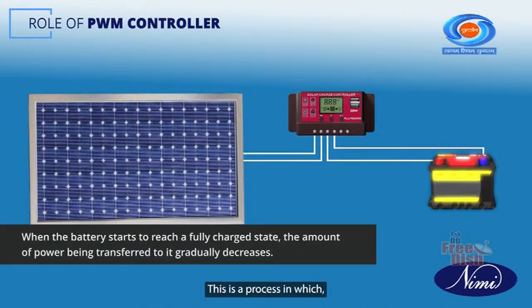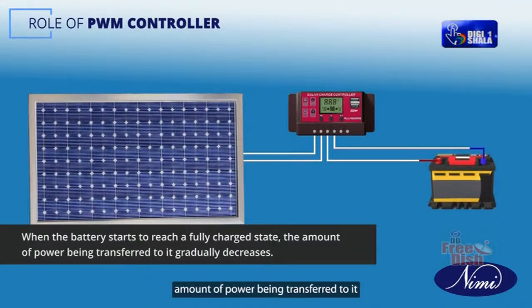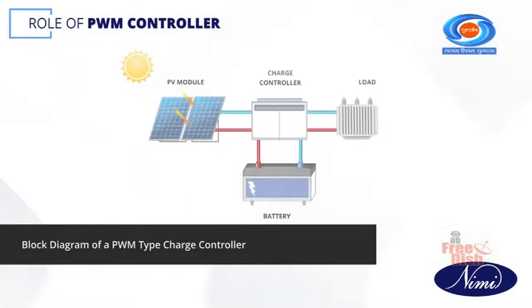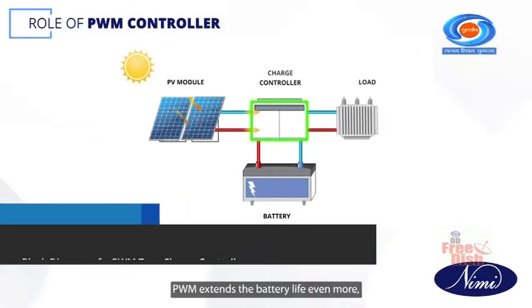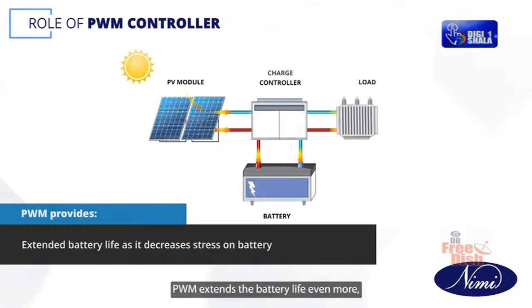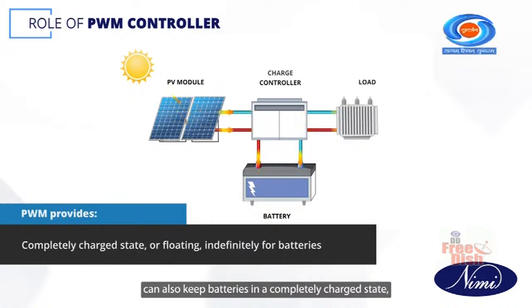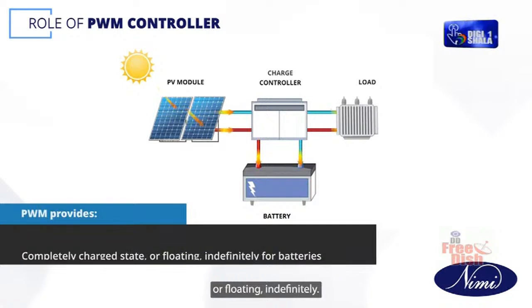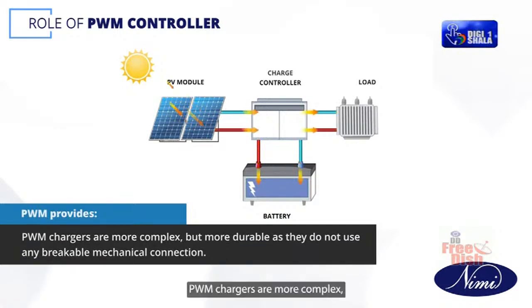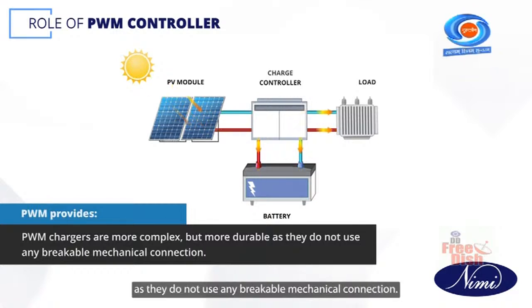This is a process in which, as the battery starts to reach a fully charged state, the amount of power being transferred to it gradually decreases. PWM extends the battery life even more as it decreases stress on the battery. It can also keep batteries in a completely charged state, or floating, indefinitely. PWM chargers are more complex, but they tend to be more durable as they do not use any breakable mechanical